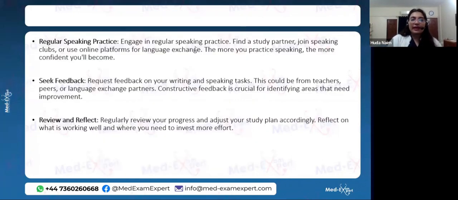I think that is all that you should know at least while you're preparing for the exam. If you're planning to make your study schedule, keep these points in mind while you're preparing, and I'm sure you'll be able to prepare very well for your exam, and you'll be able to score very well.